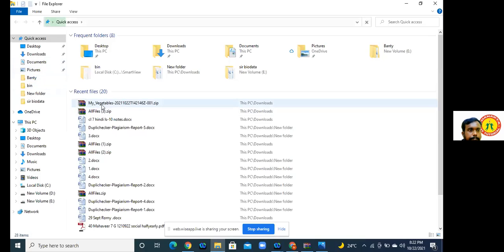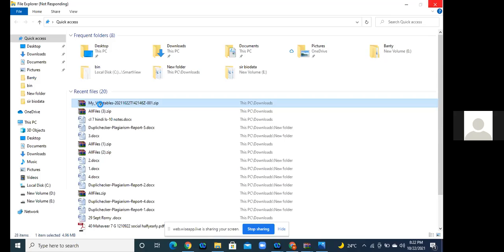Yeah, you should unzip it. Right click and unzip. Right click. Wait. It's loading. Just wait.